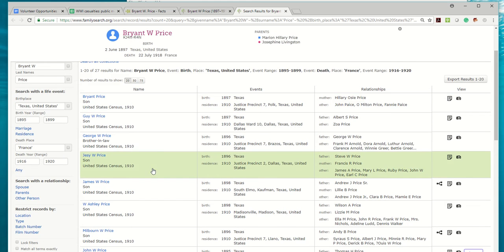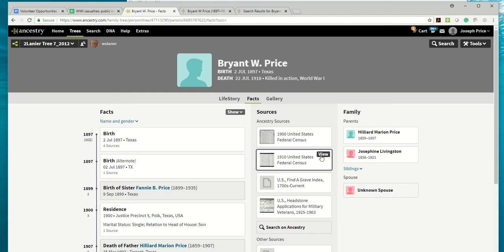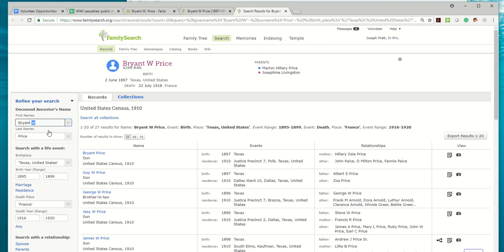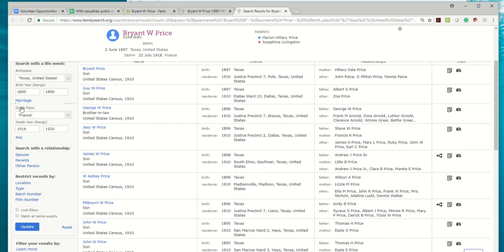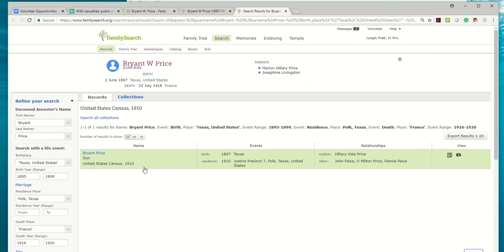Okay, so for whatever reason it's not coming up here, so let's try to make it as similar as possible to this record. So here we have Bryant Price, 1897, Texas, and Polk, Texas. Okay, so we're just going to take that out, 1897, Texas, and we'll put his residence as Polk, Texas. Okay, and then we'll update that. Okay, so here we go. Here's our Bryant